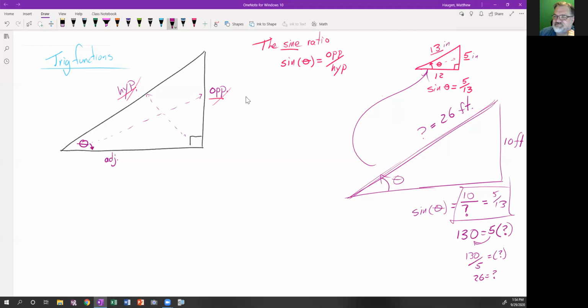Now, we will do a lot fancier things than that, but that's a nice introduction to what these functions are for. They're for taking values that we know for ratios and applying them in different scenarios based on what that angle